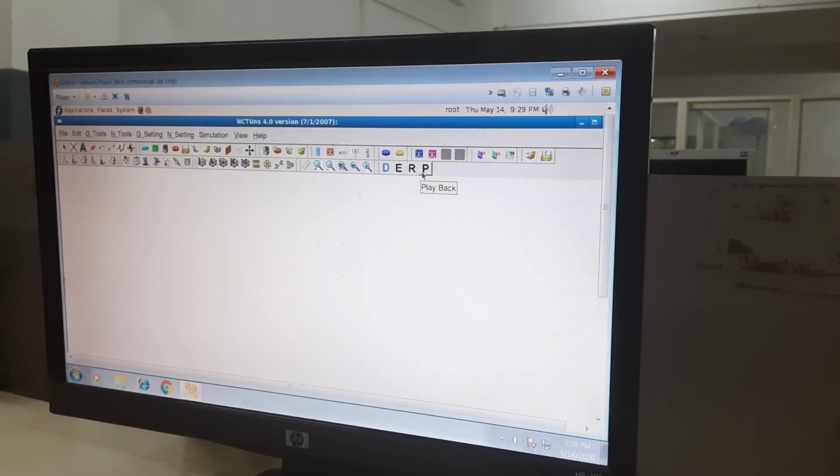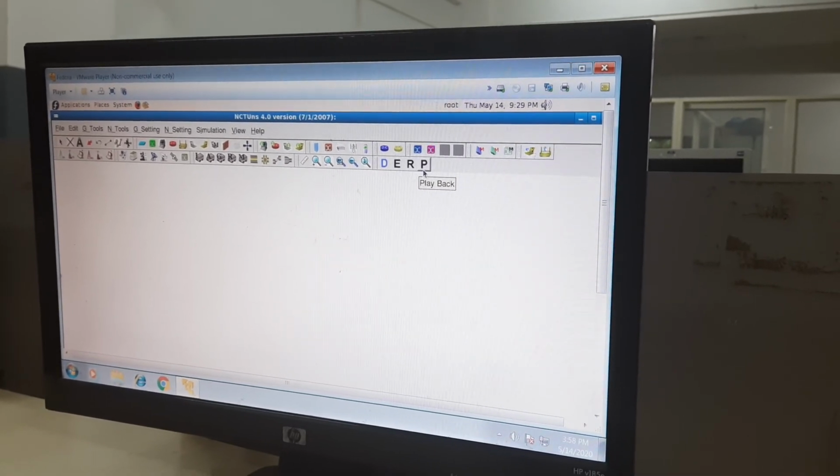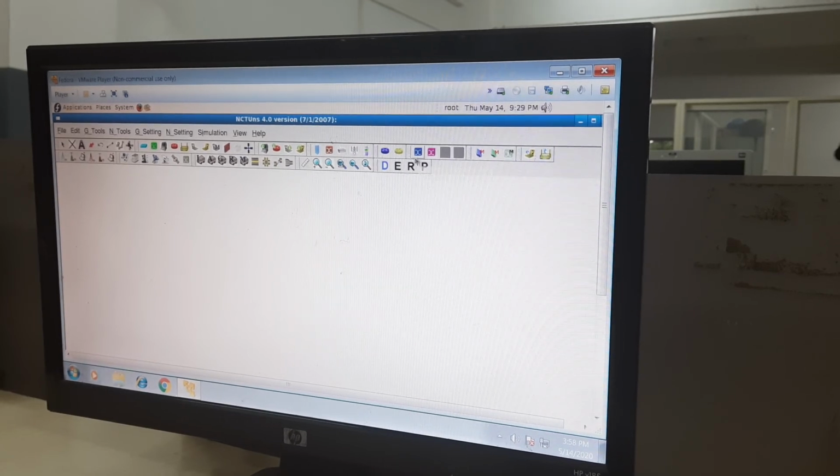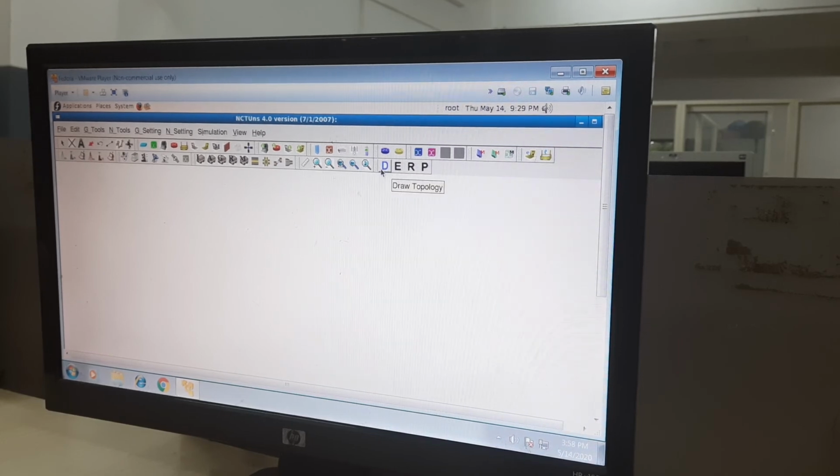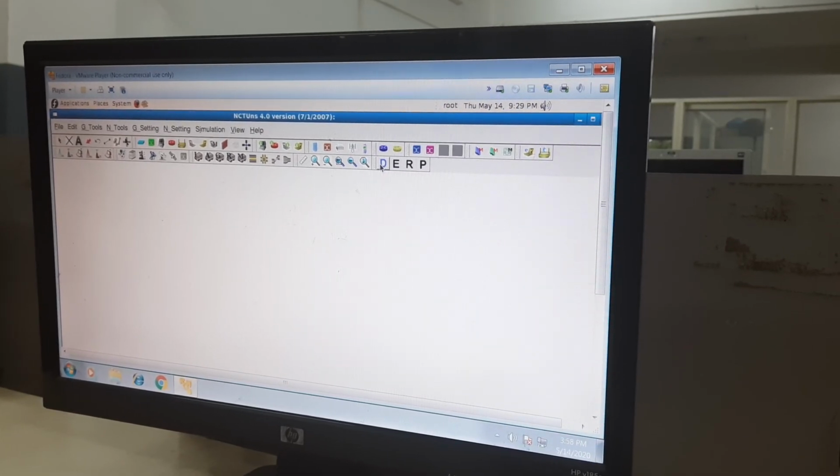Finally, the fourth one is playback. So if you want to see the output, we will be using a combination of both these keys, which is run simulation and playback. So we'll go to the first command, which is the D command, wherein